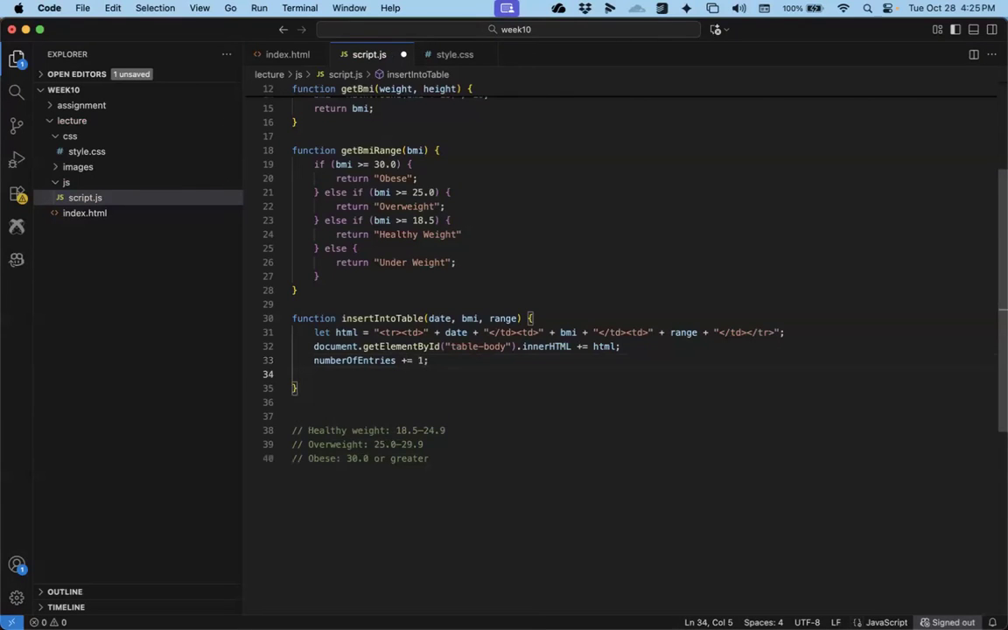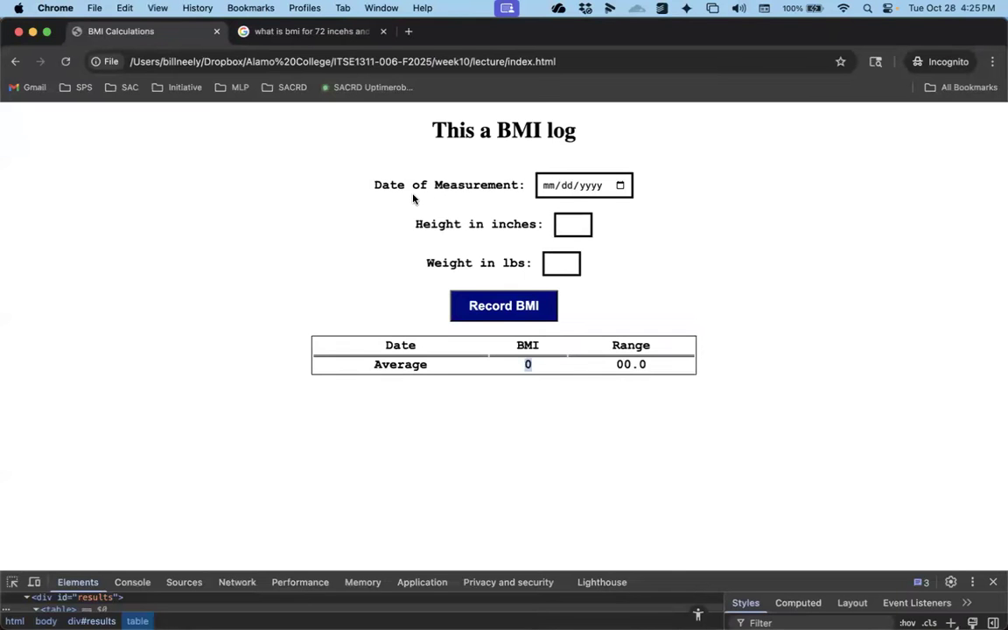So now what I've done is I've added 1 to it. Remember, plus equal just takes whatever the value is on the left and adds the value on the right. So now that number of entries will go up 1, 2, 3. We can check that before we actually code it into the